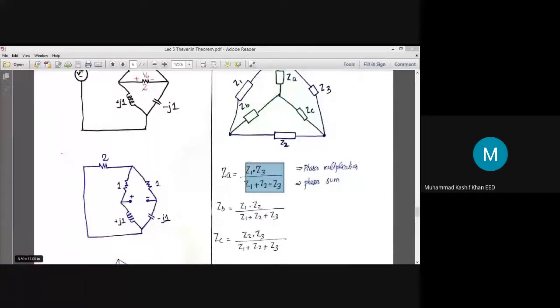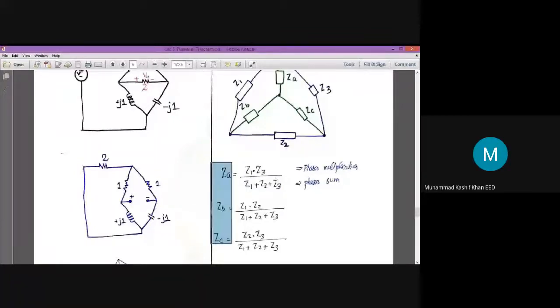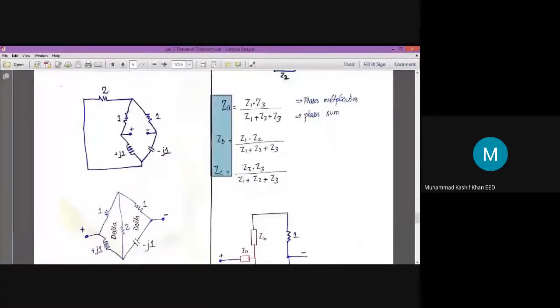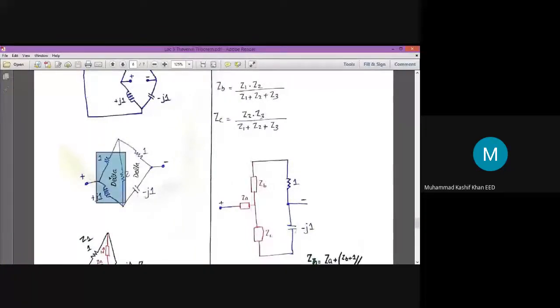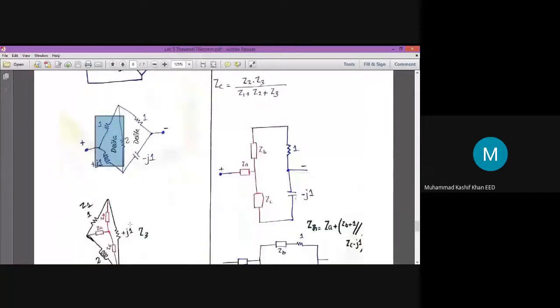Okay. Now, once you have ZB and ZC, I have not calculated them. You can calculate them. So you will replace this part of the network, the delta network, with the star configuration. You replace this part of the network with the help of this star configuration that you had already drawn inside the delta network. You will pick the star network and you will connect it with these 2 points, and you will remove this delta network. This is the diagram you will get.